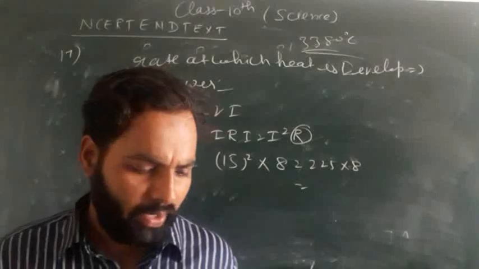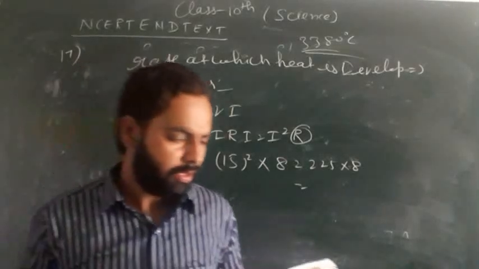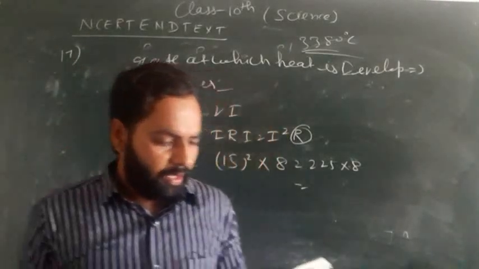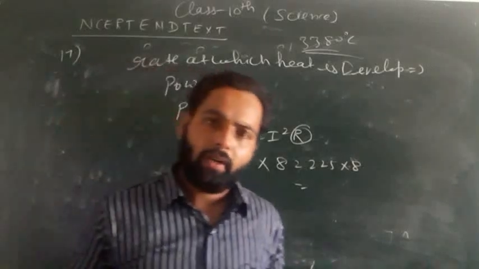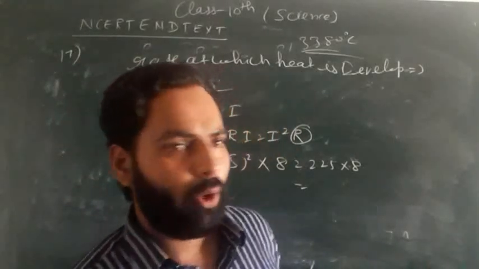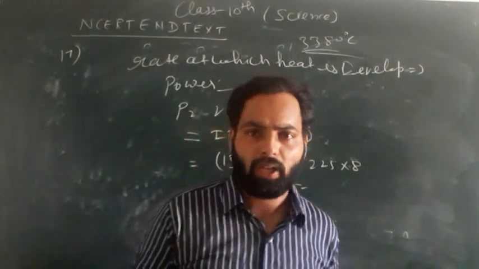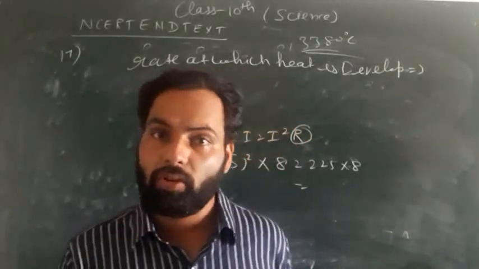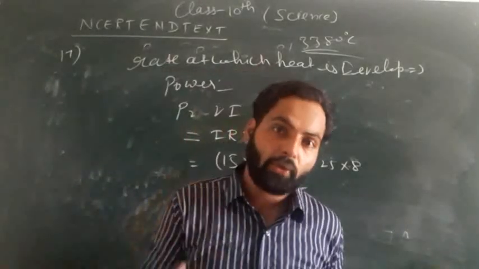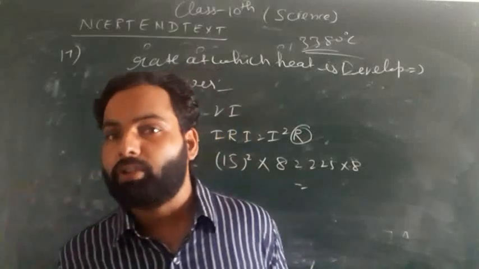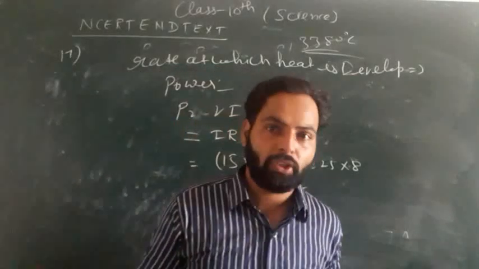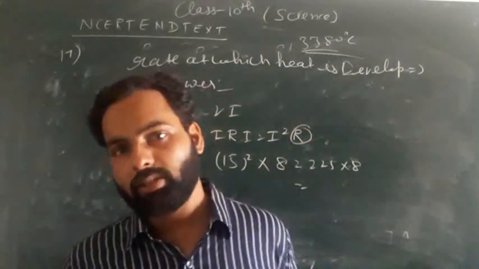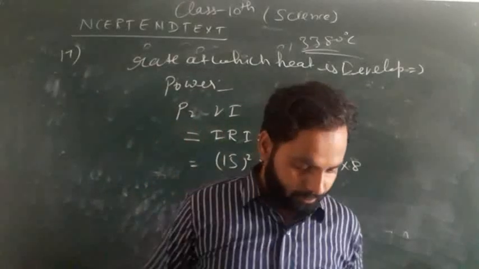Why are the conductors of electric heating devices such as a bread toaster or electric iron made of alloy rather than a pure metal? If they are made of alloy, they have large resistance. If resistance is large, its resistivity is large. If resistivity is large, we know that heat produced in a conductor or any device is directly proportional to the resistance. If resistance is large, a large amount of heat is produced.